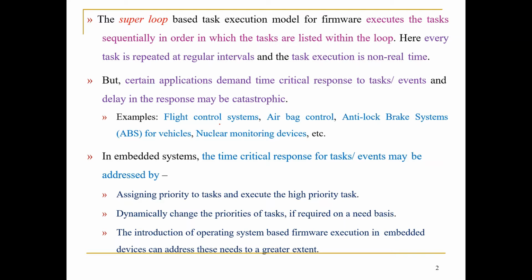Or let's say that you are applying a brake in the ABS system, and if the ABS system is not working fine, then probably your car is going to meet with an accident. Or let me say that in your nuclear monitoring device, there is a fusion or fission happening in the nuclear device. Suppose if you cannot stop the process within the given time, then there might be a big explosion happening, which means that there are some tasks in the given system which have to be deterministic.